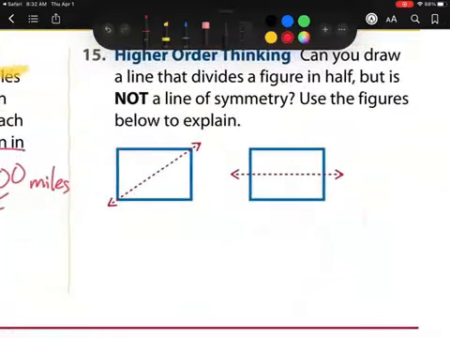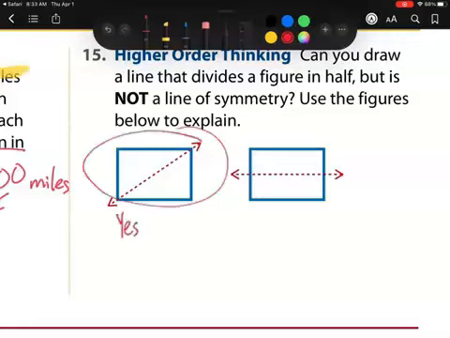So now let's head off to number 15. Can you draw a line that divides a figure in half, but is not a line of symmetry? Use the figures below to explain. So let's look. Well, if I look at that first one, it's folded in half, but it's not a line of symmetry. That top part isn't going to overlay, isn't going to match that other portion on the bottom. So can we cut it in half, but not be a line of symmetry? The answer is yes. The diagonal line